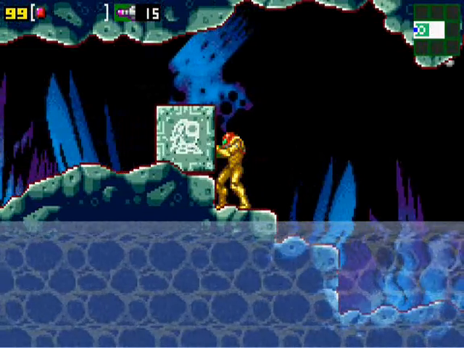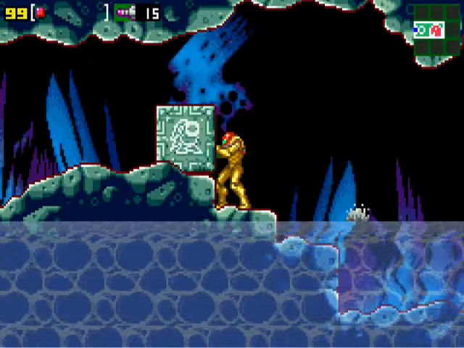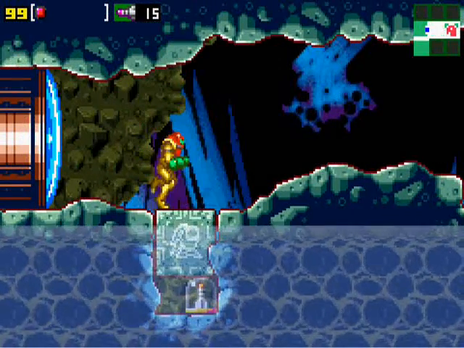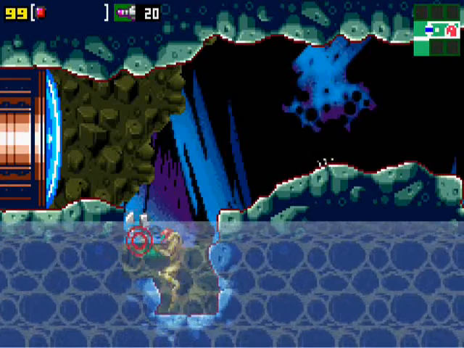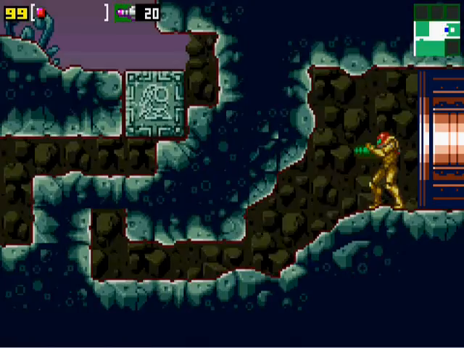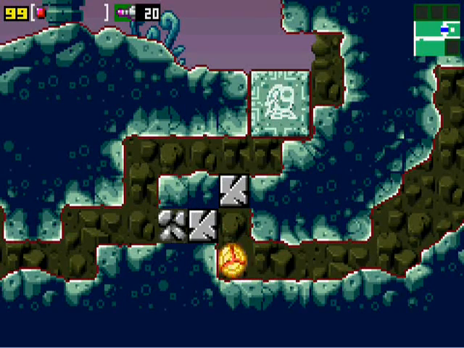But yeah, once you see these statues of the items, or not statues, but the blocks or the picture of the item icon, when they're glowing, you can shoot them and they go away. That's how you get this missile tank, actually. And we'll shoot these two blocks up here to get out, because in water, Samus is weighed down. Yes. She's overweight in water. Well, actually it's a suit, but...